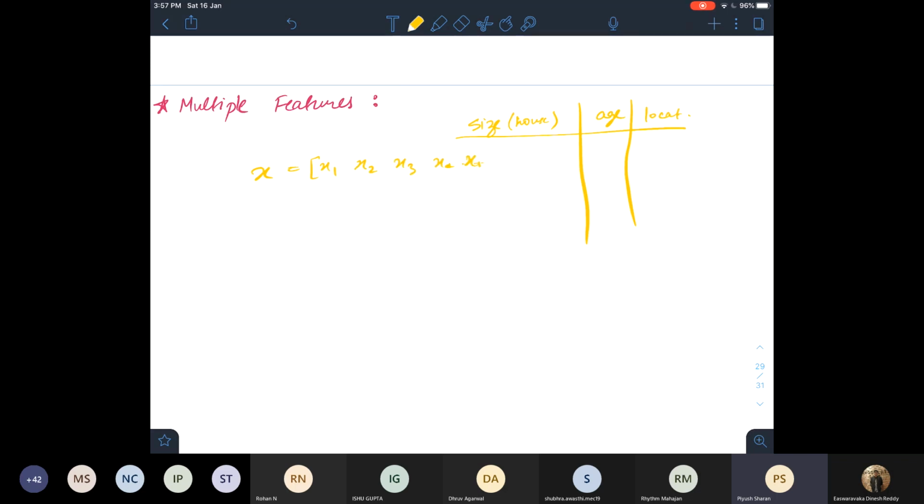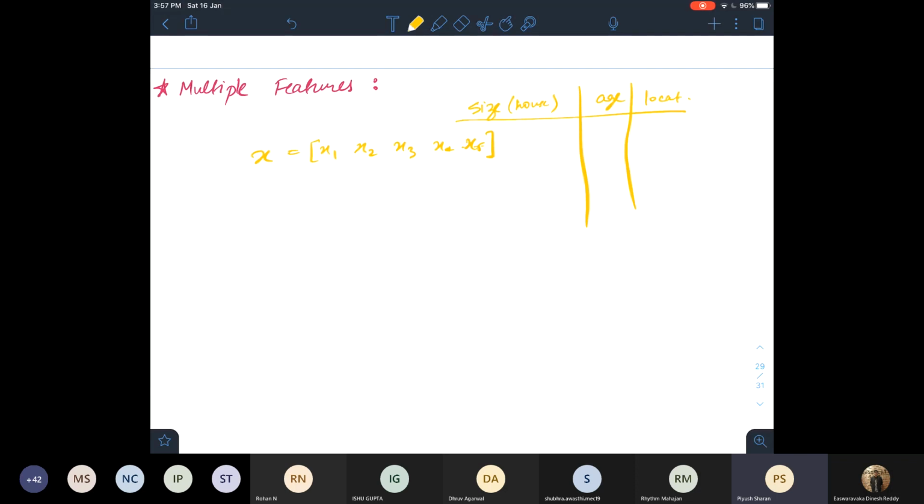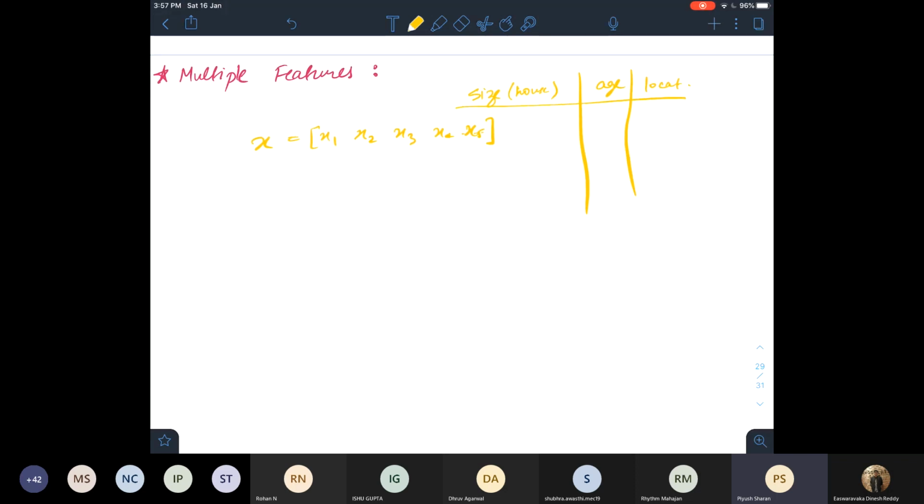Let's take them finite, say I had 5 features for my problem. At that time we just wrote our hypothesis function as theta naught plus theta 1 x. But remember that this is a linear regression problem, so for any number of features, we will just extend it as theta 2 x2 plus theta 3 x3 plus theta 4 x4 and so on, whatever it is.